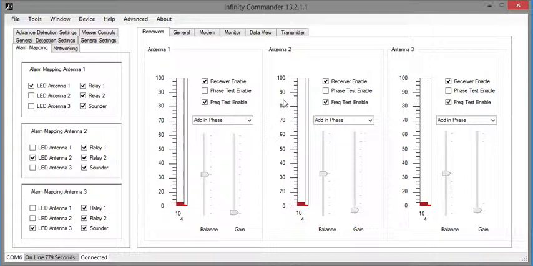So if we take a detailed look at the receiver screen, here you can see the 3 antennas, antenna 1, 2 and 3. And we have an average noise and an instantaneous tag signal for each antenna. Now at the moment, because we're using dummy loads, we only have a very small noise and virtually no antenna signal. If I place a tag in the field,